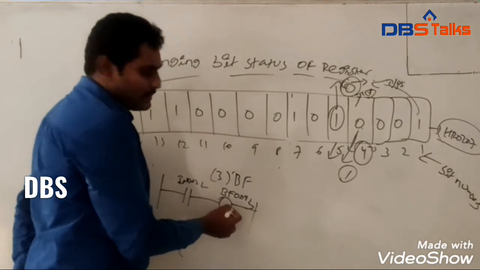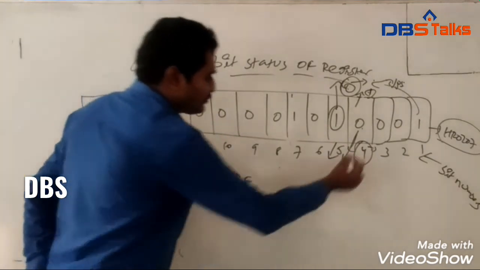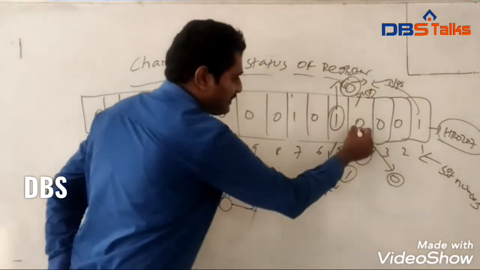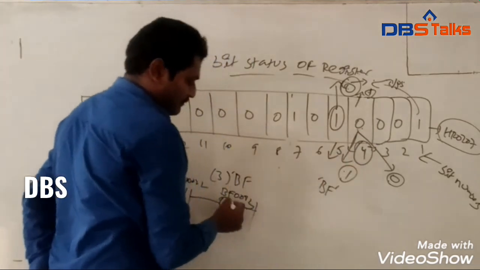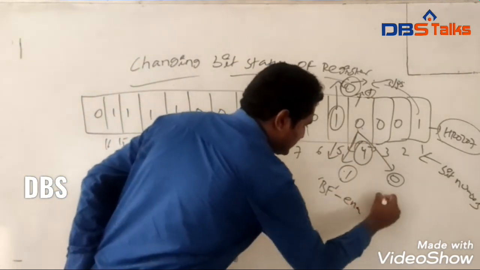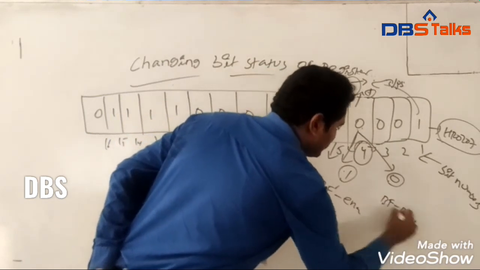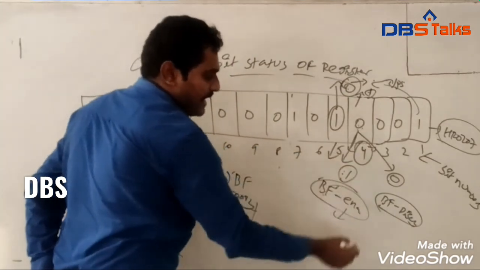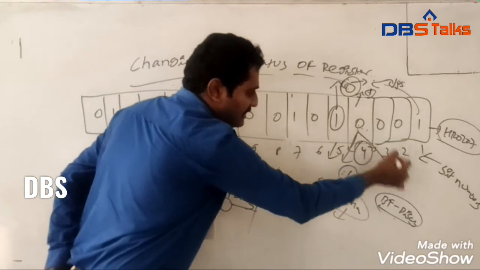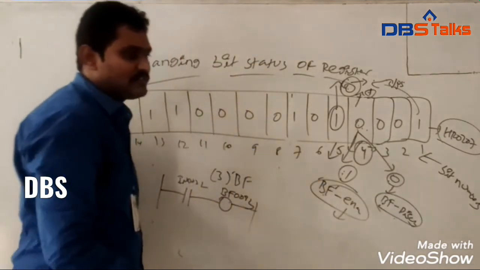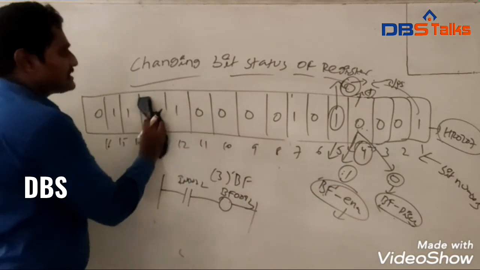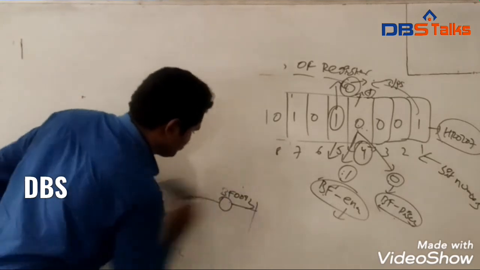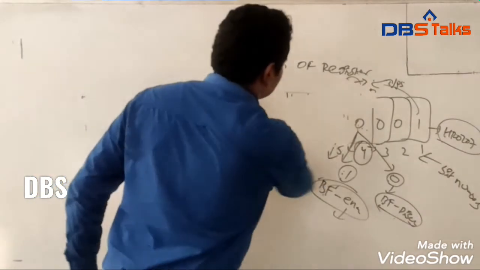After that, if the BF0083 value is changed, it will change back to 0. Whenever the bit follow function is enabled, it will change to 1. This is the enabled state and this is the disabled state. If the BF function is on, the 0 value changes to 1. If the BF function is disabled, the 0 value remains in the bit. So this is how bit patterns are changed, changing the bit status of the register. This is the concept.